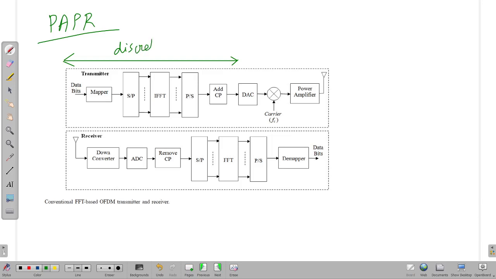Your signals are discrete in nature. After the DAC, discrete to analog converter, you have the signal converted back to the analog form,